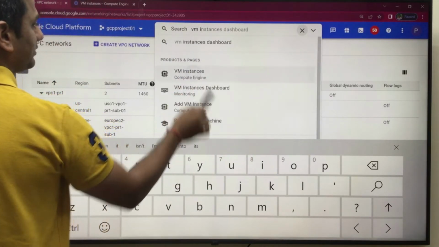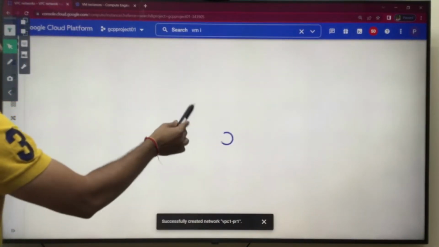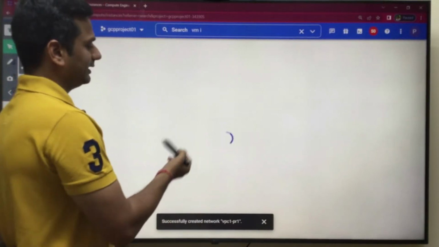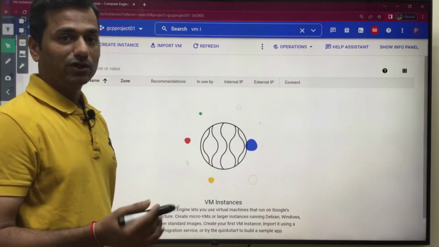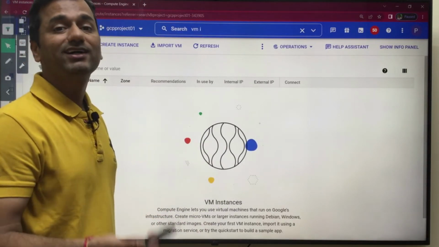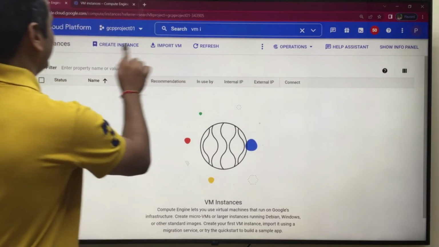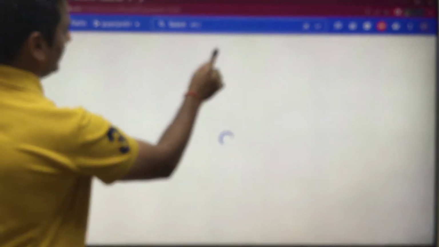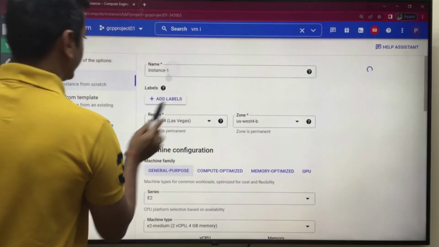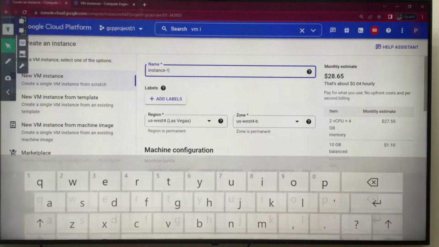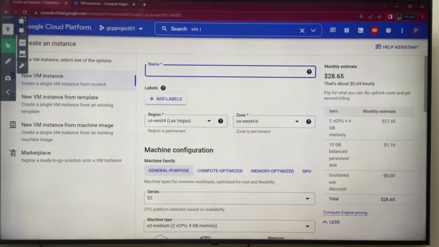See, here you go, VM instances. Once you click on VM instances, let's see, is there any VM already there? No VM is there. Why should there be? Because you just created the VPC, and without a VPC you cannot create a VM. Then create VM instance. Now we are in project 1, guys, be careful here, don't get confused. Project 1. The name is VPC 1 PR1 US Central 1 VM 1.